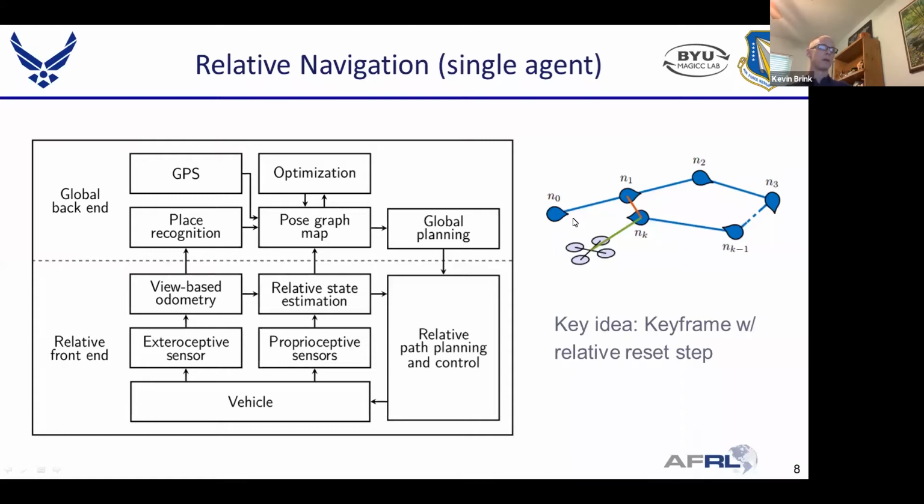So the general idea behind the relative navigation is that there is that classic front end estimator that is flying in real time. It's taking the IMU data and camera data and whatever sensors are feeding in real time and processing it. The idea here is that they are navigating with respect to a recent keyframe or a local navigation frame. So in this case, based on a recent image, where was the vehicle when that keyframe image was taken? And then it's tracking how the vehicle is moving with respect to that. After the vehicle's gone a certain distance, it's basically saying, okay, I've gone this far, I've turned this much, and here's my covariance for how I've moved with respect to that last keyframe. I'm going to create a new keyframe,